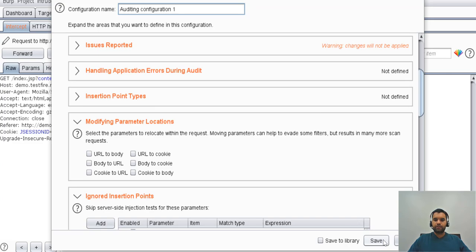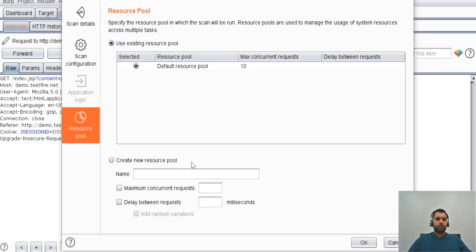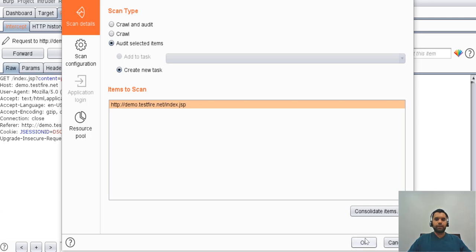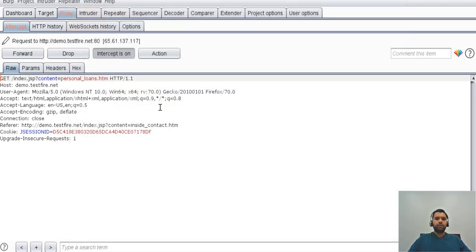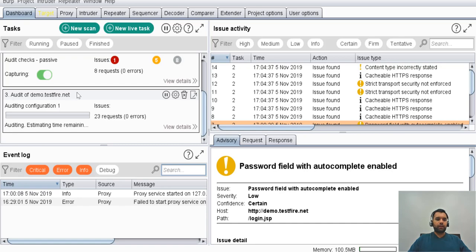And then the resource pool that we had, how many threads you want Burp to run. So this is the resource pool. Of course, you can change it however you want based on your web server capacity, and you click OK. So now what will happen is, as you can see, there is a third task created, the audit of demo test file.net. Now when you create, okay, so let's go back here,